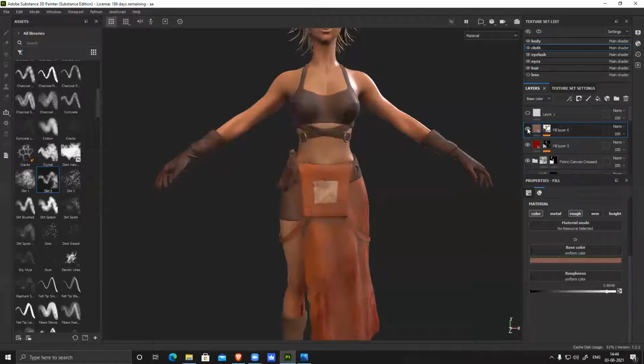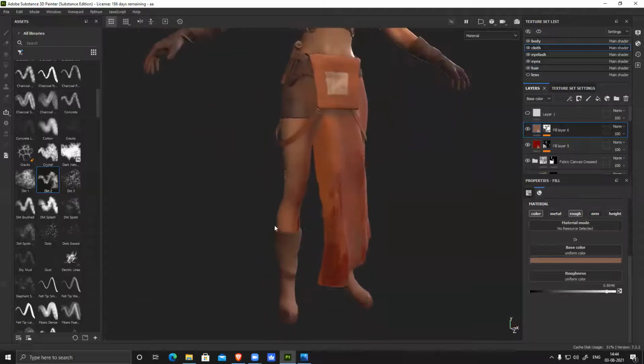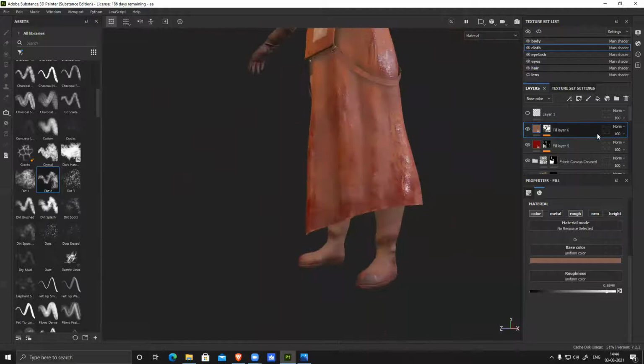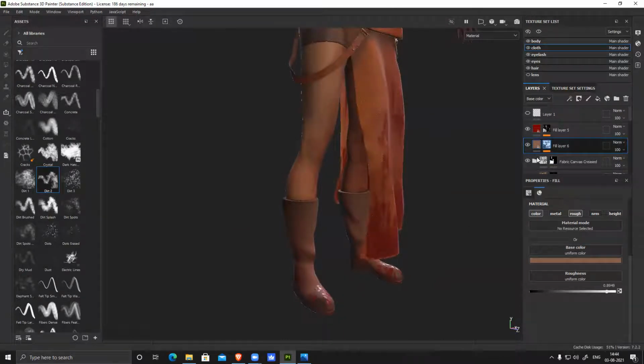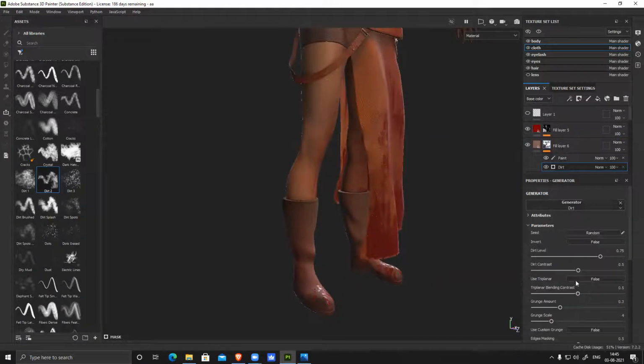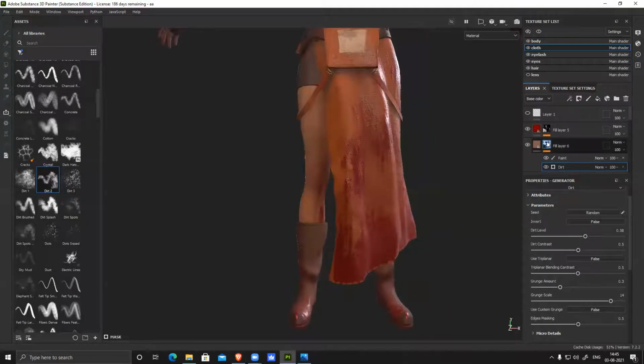but you can see this is affecting everywhere. That is something I don't want. And especially the shoes, you can see it looks really bad. So I'll push it down under this blood and shoes and all I need to control. So let's see, reduce the dirt, grunge. I can scale it up and down for more variation.